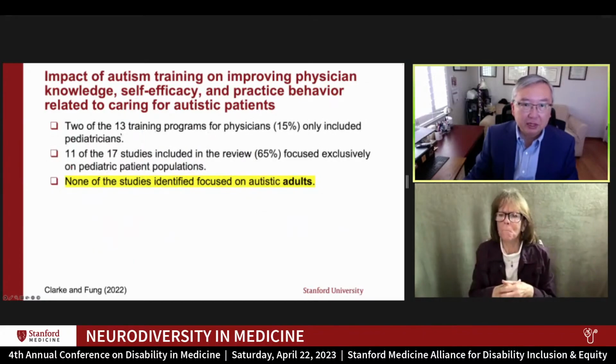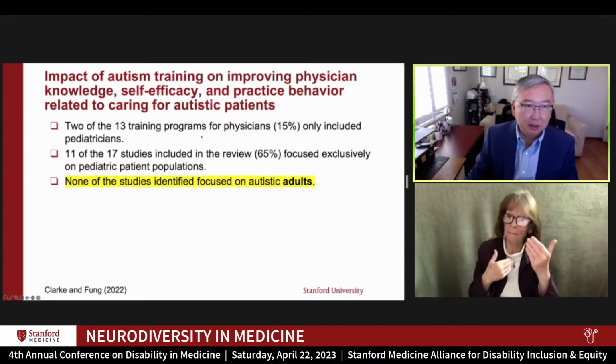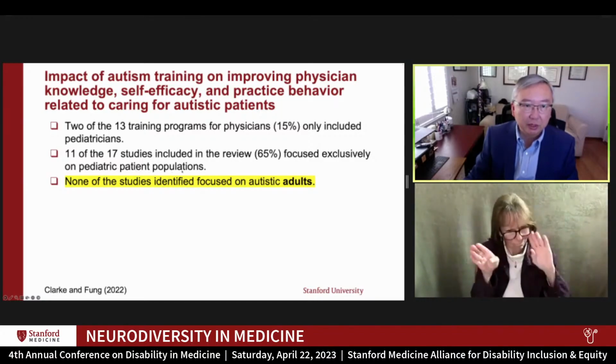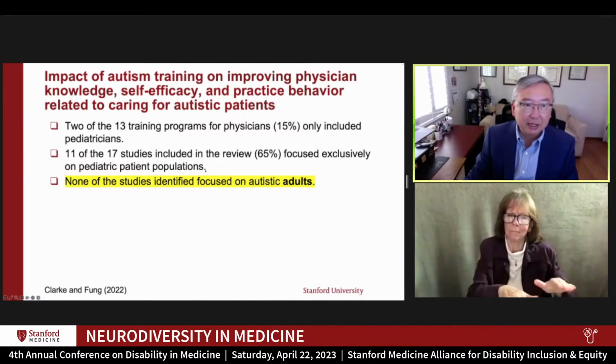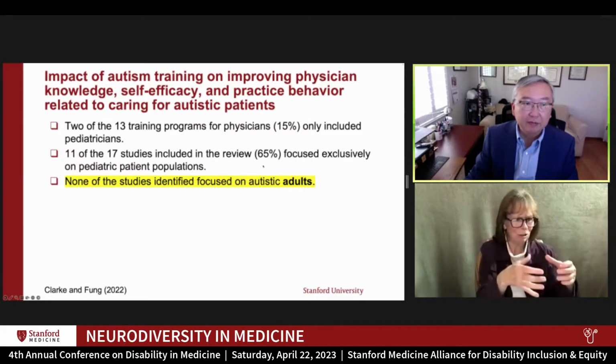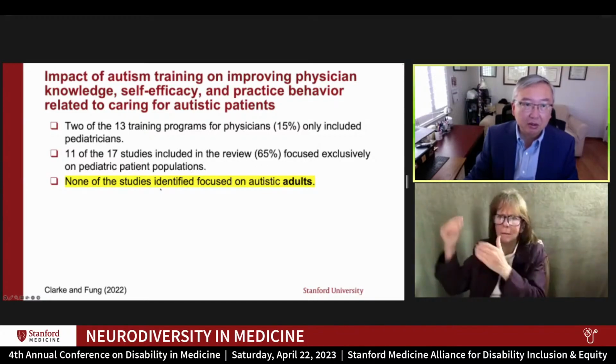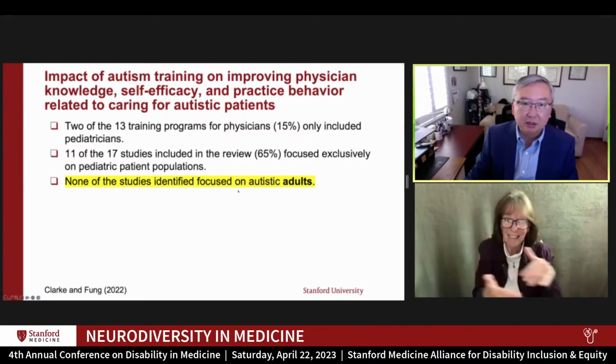What we also found was that there's only 15% including the pediatricians only, and also around 2/3 of the studies exclusively focus on pediatric patient population. So what that means is that there is very little on autistic adults. In fact, none of the studies, not even one identified, is focusing on autistic adults. Everything is about kids,